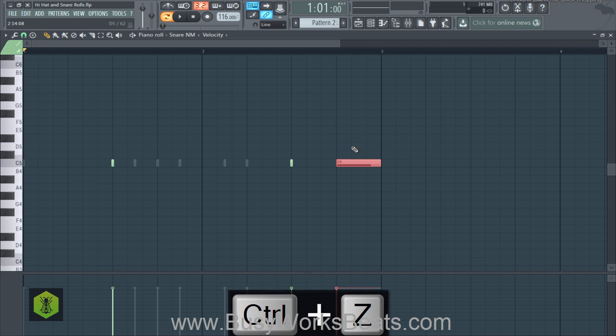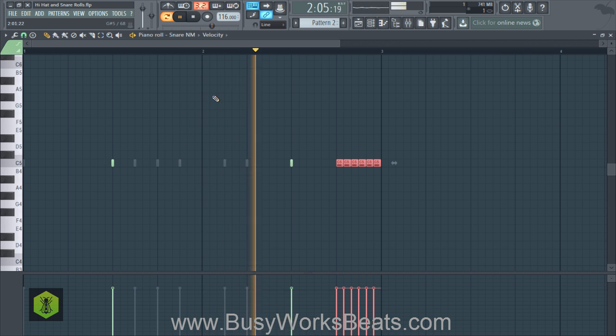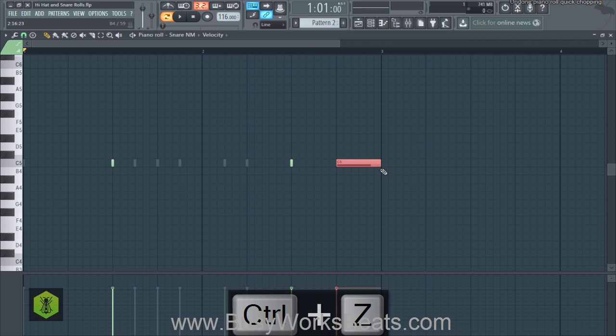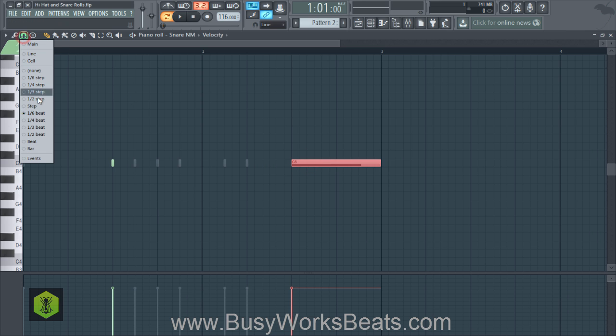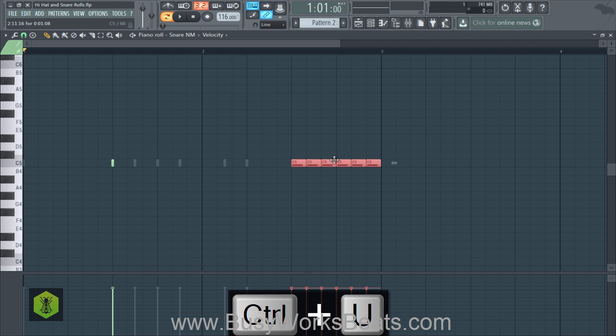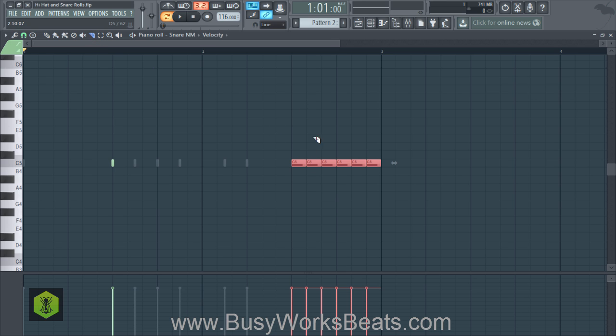So let's say you wanted to make that go faster. You could click snap to grid, go to 1/6 beat, and then hit Control U. Now it's going to go t-t-t-t-t. Actually, I'm incorrect. We're going to start the snare roll further back, or earlier, I should say. So let's drag this note out. Let's select it, go to snap to grid, 1/3 beat, hit Control U, and now it's going to auto chop. You can also manually slice if you want to, using the slice tool and slicing along the vertical lines that you see.